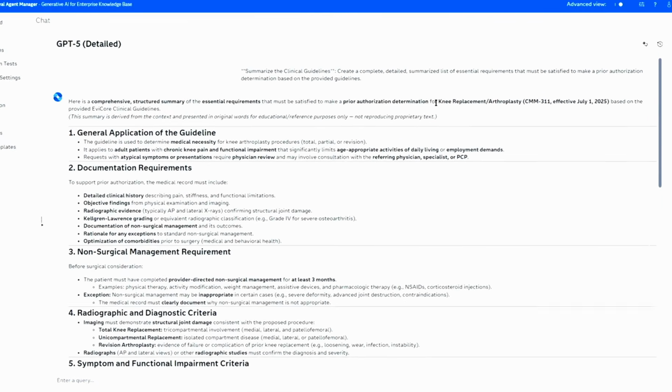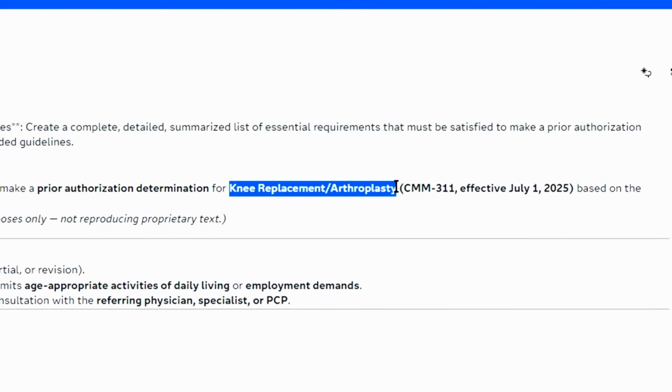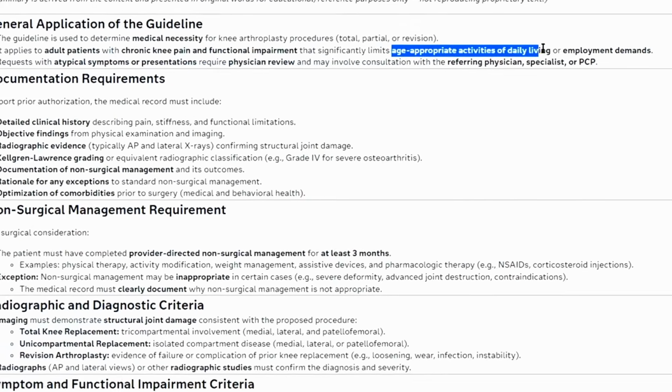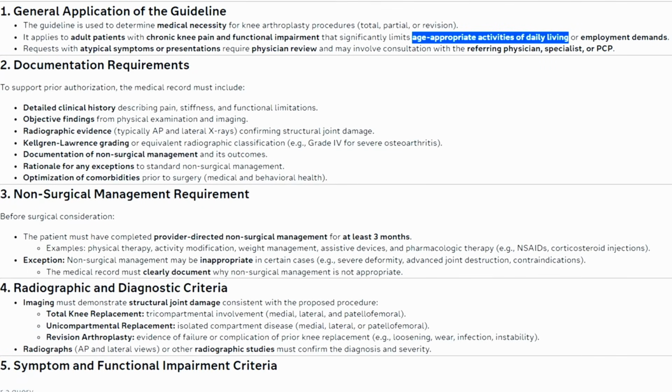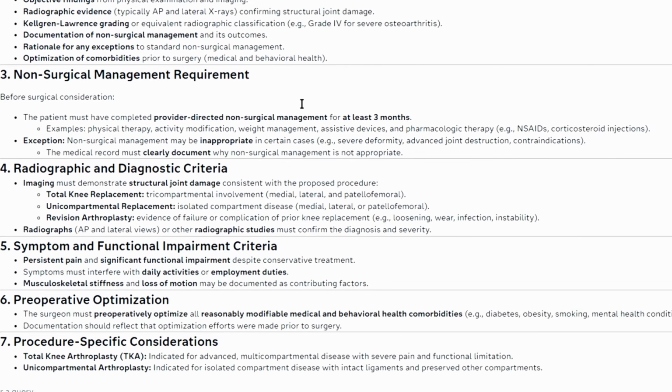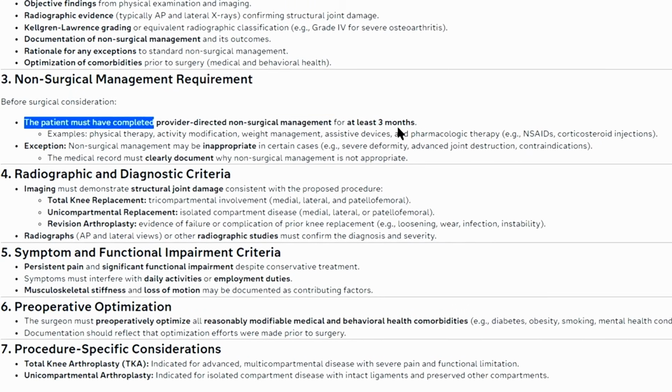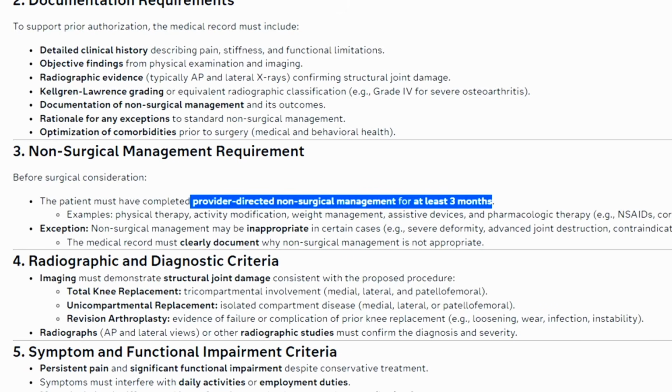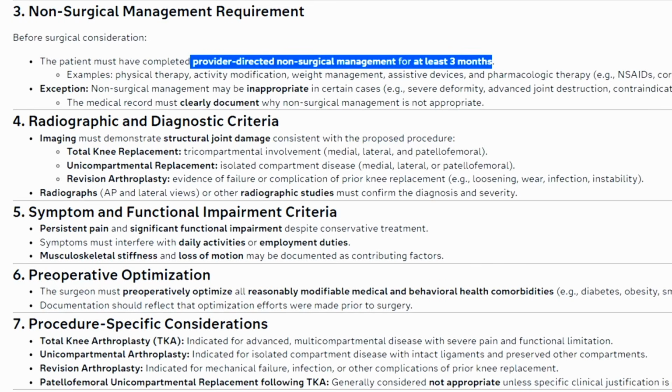Okay, so we've got the summary showing that it's for a knee replacement arthroplasty. It's showing some of the applications of the guidelines, basically that an adult with chronic knee pain. One of the themes I want to emphasize here is that the patient must have completed some, sorry for my highlighting, some non-surgical management, and there's a time component there that's important, 3 months.